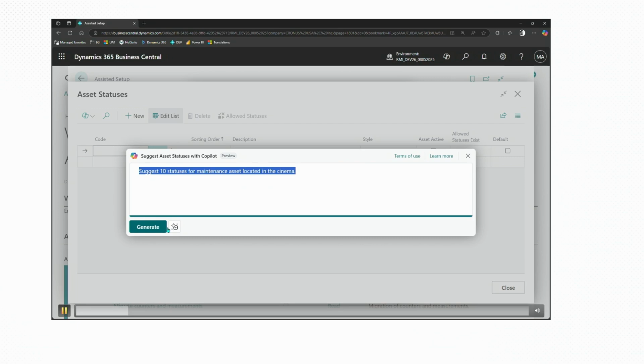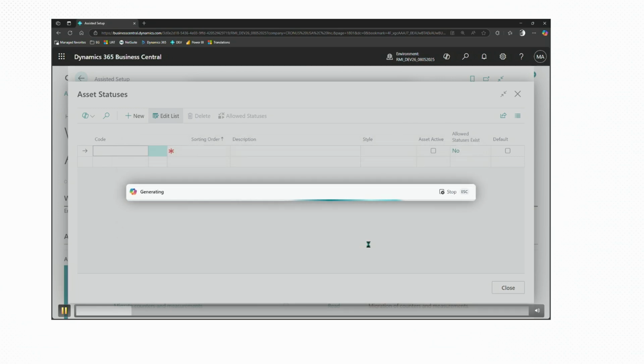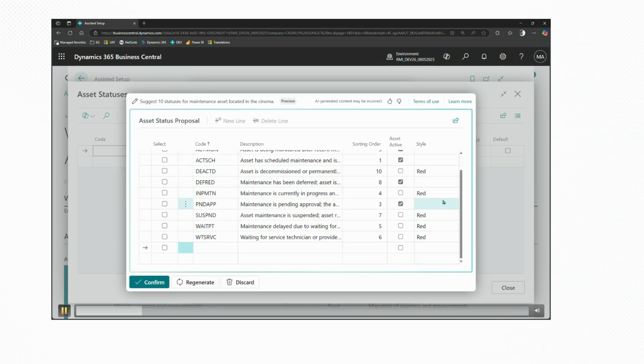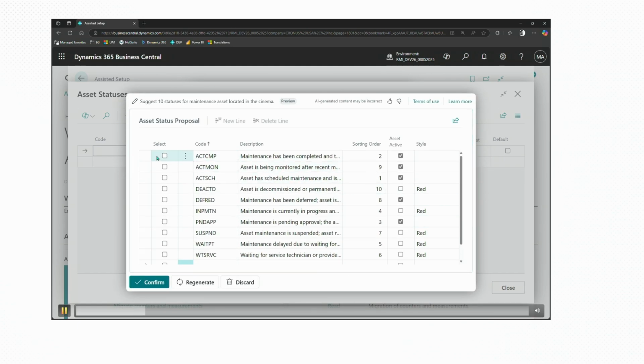So they added a small Copilot button to basically simplify that setup step. And what's happening here, you say, I want to create that category for my customer use case. Maybe it's a consultant on the phone, maybe it's an end customer. Just a couple of clicks away, you have your initial data set up, and then you move on to the next step.